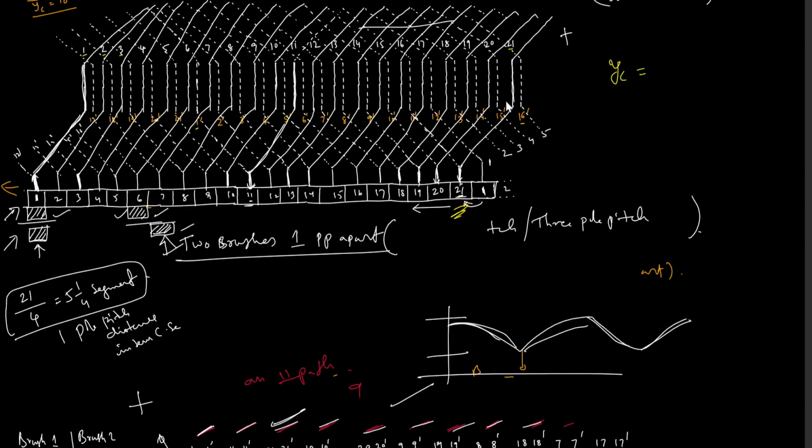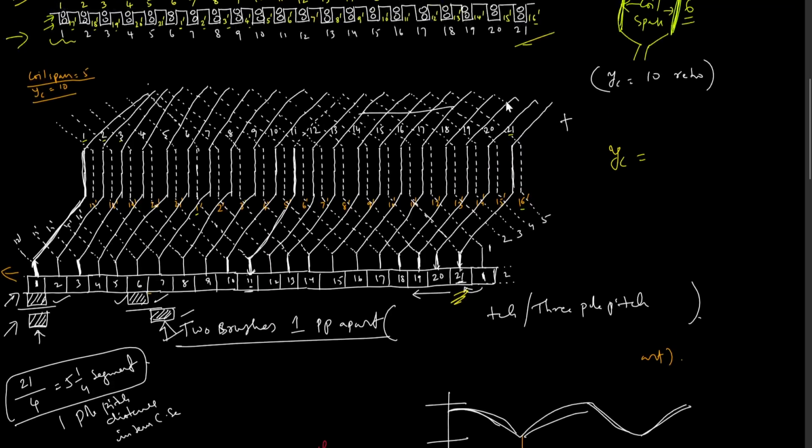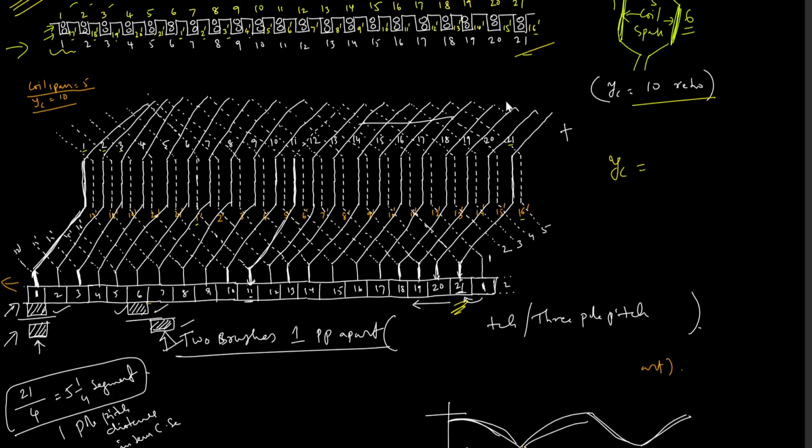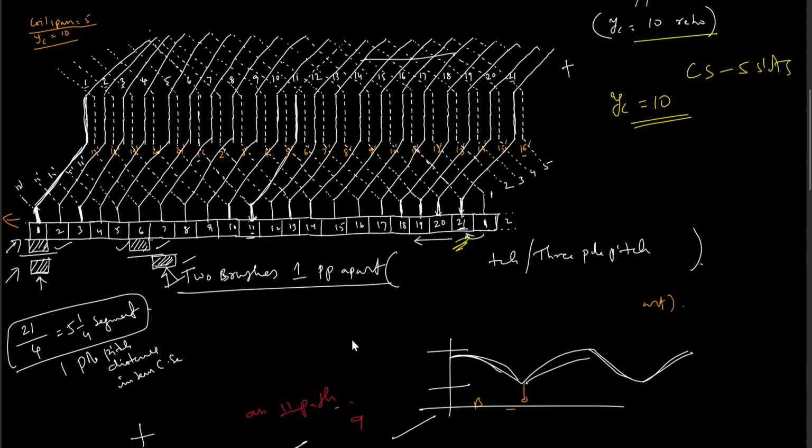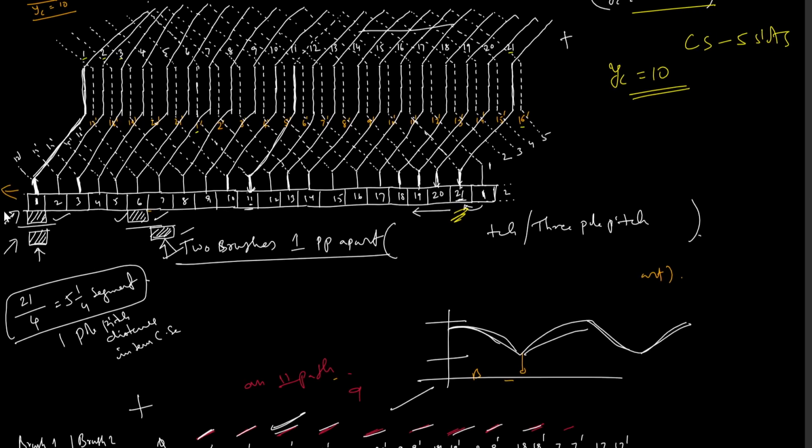So Yc is equal to 10. Yc equals 10 for a retrogressive winding. This is a retrogressive winding. It is moving backside, and coil span is equal to 5 slots. So I have thoroughly explained how to connect the coils, and connection to the commutator segments, and